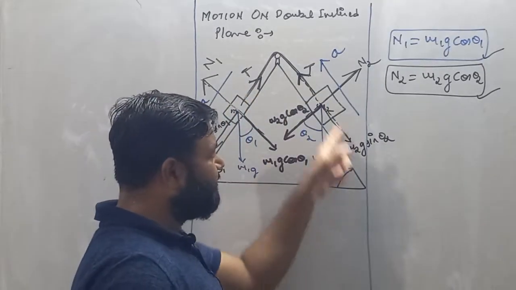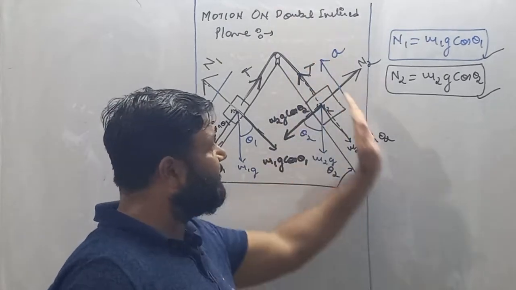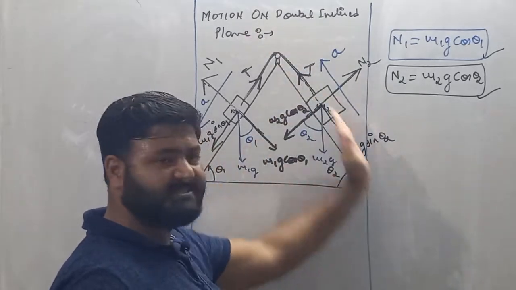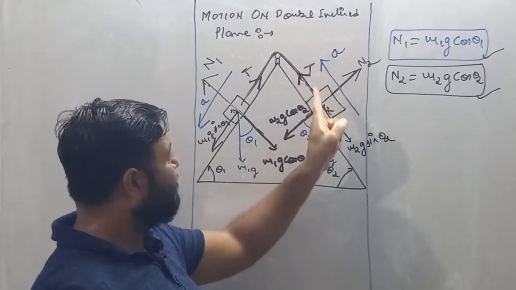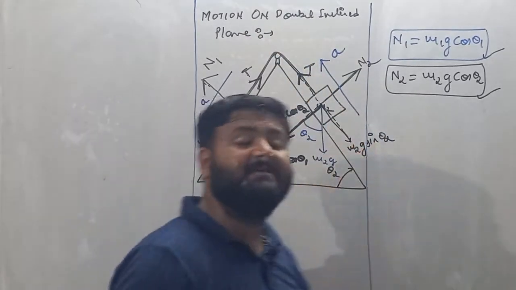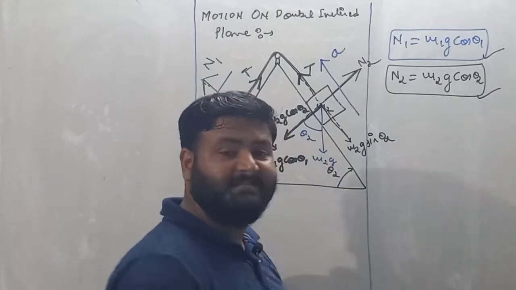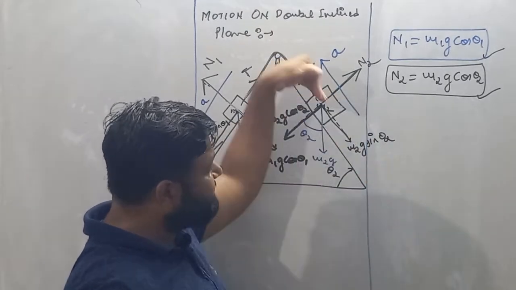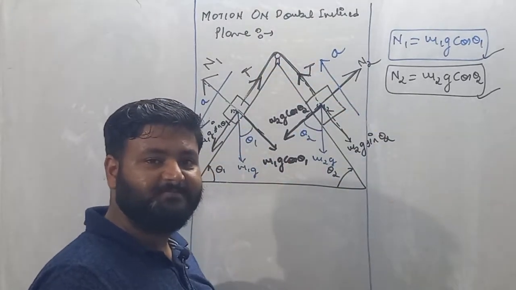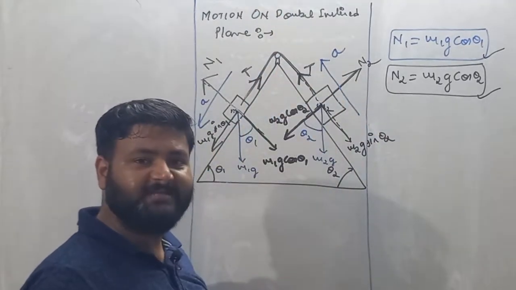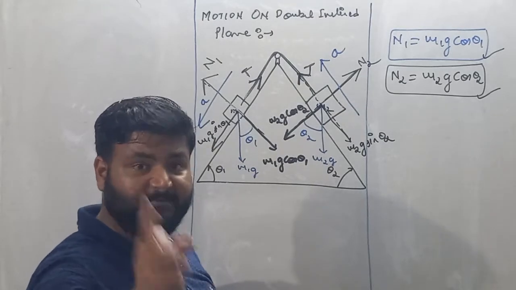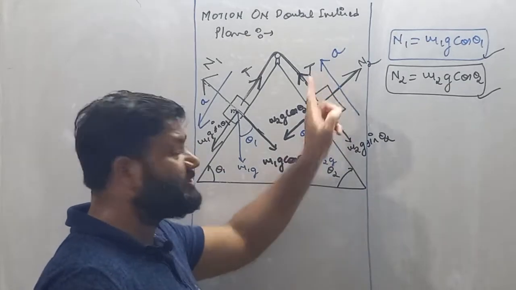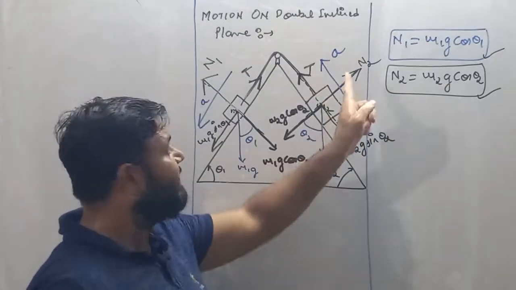Similarly, if we are talking about this block, then this block is moving upward. Along the direction of acceleration, again we have two forces acting on this body. One is tension and another is m2g sin theta 2. See, tension is in the upward direction, m2g sin theta 2 is in the downward direction, and acceleration is in the upward direction. So what does it imply? It implies bigger force minus smaller force, because along the direction of tension, acceleration